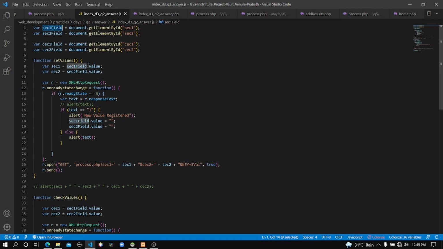And here you can see it is not going to assign that element to a new variable. It's going to store the value. It will extract the value out of that input element and store the value inside a new variable called sec1. And I did the same for sec2. After that, here I created the